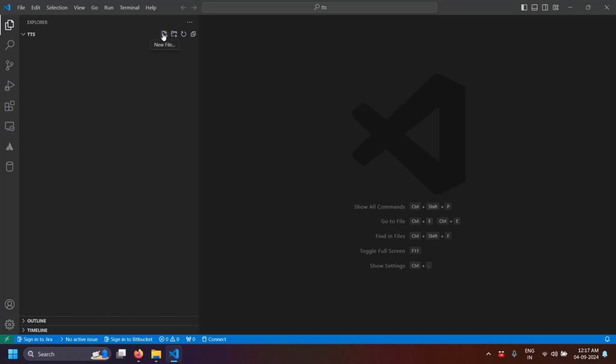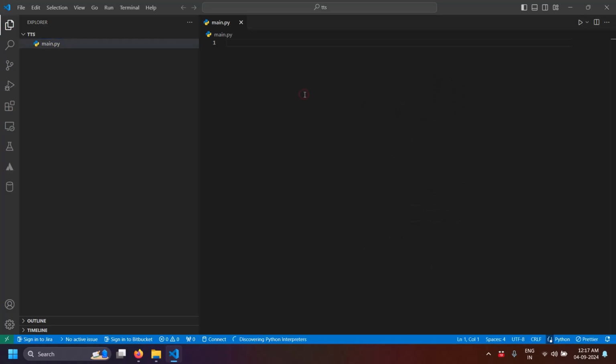Now I will click on new file, give name main.py. Let us check if it is working. So print hello, save. So if you want to add Python support in this IDE,